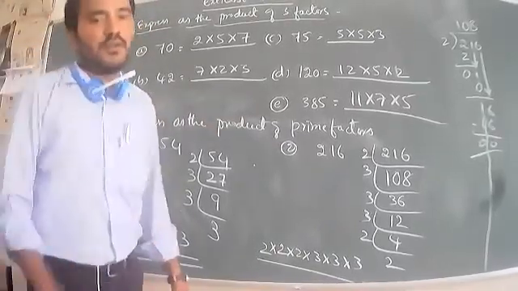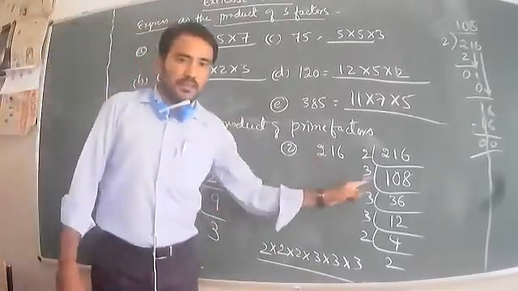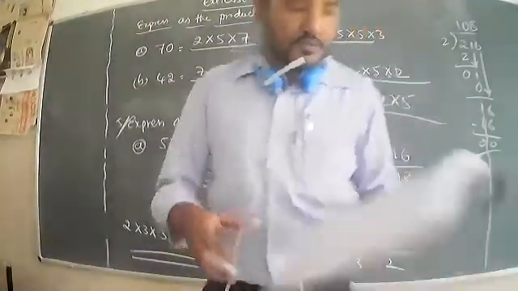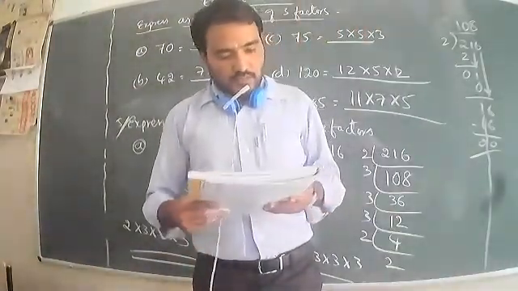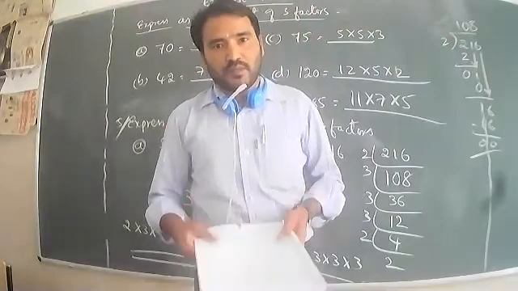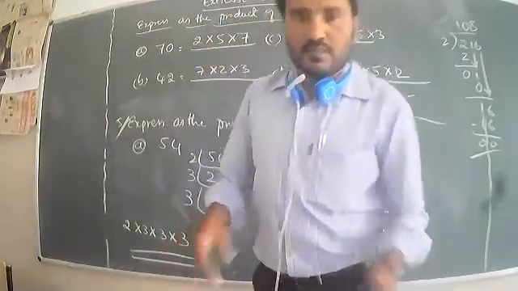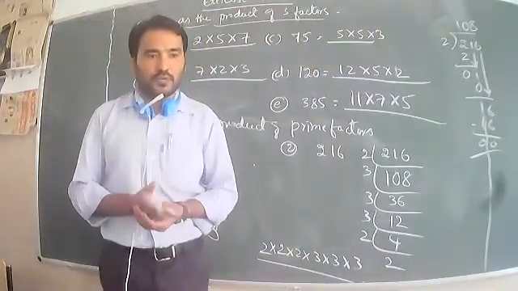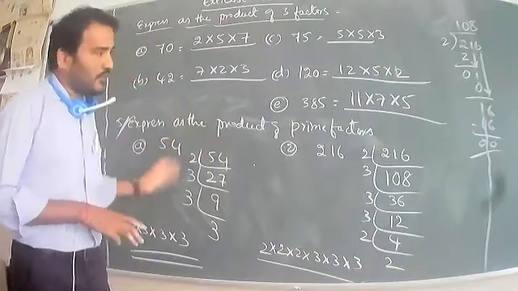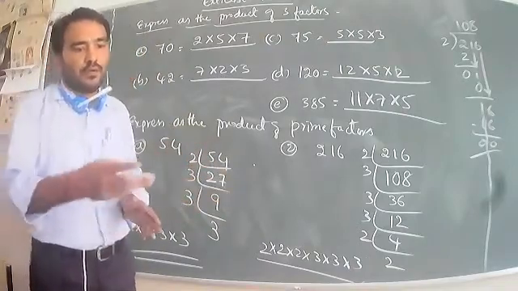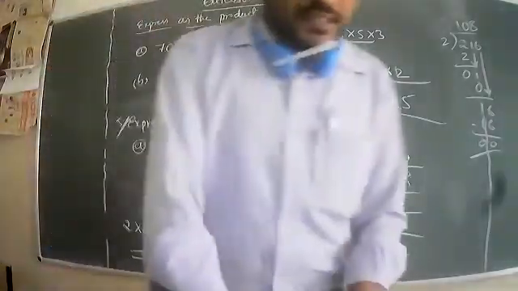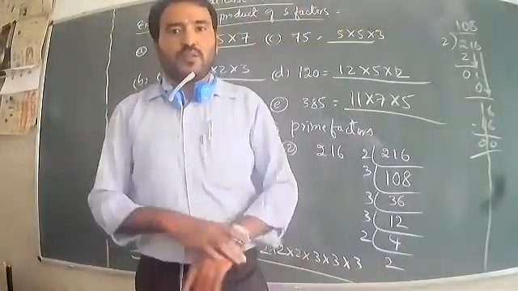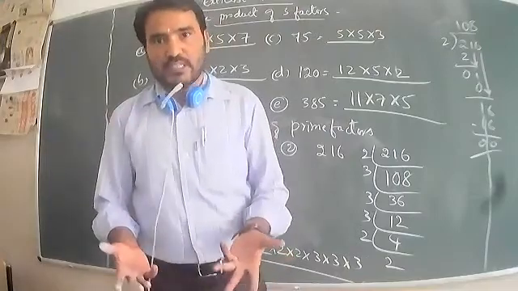Okay, now I will complete exercise 4a. You have to do the first, third and fourth ones in homework, and then practice prime numbers two or three times. Practice prime factorization today. I have solved A1 and D1 already, so remaining B1 and C1 you have to do. Tomorrow I will explain prime factorization once again. Don't worry.